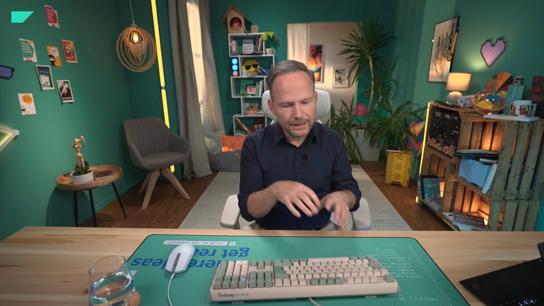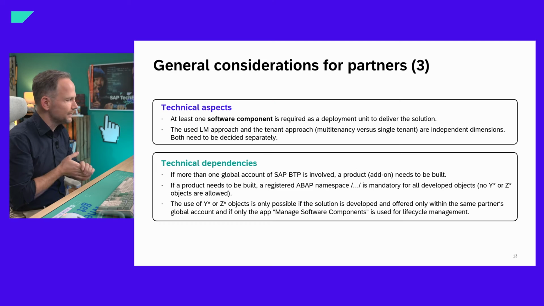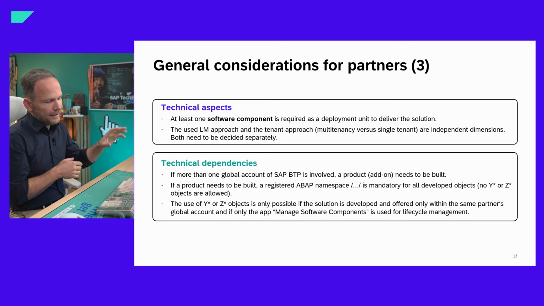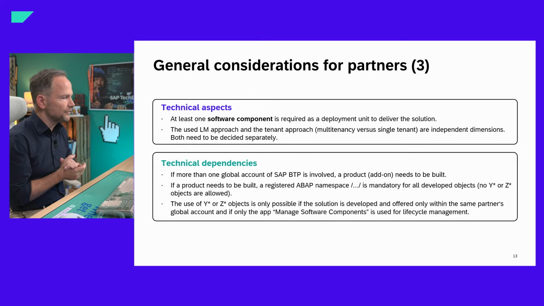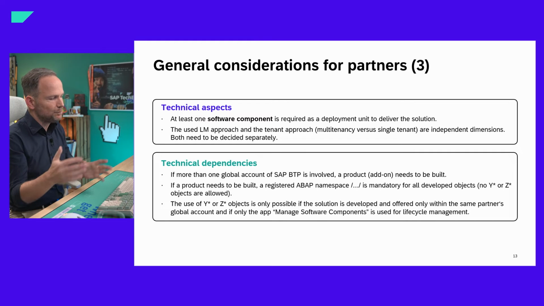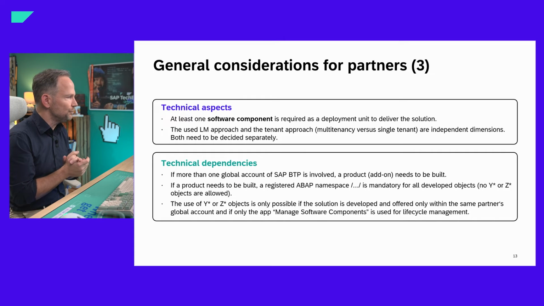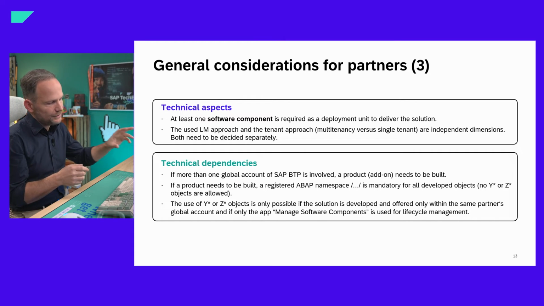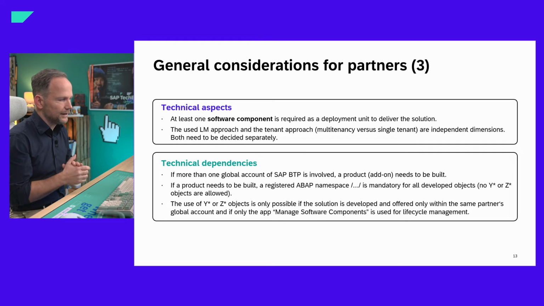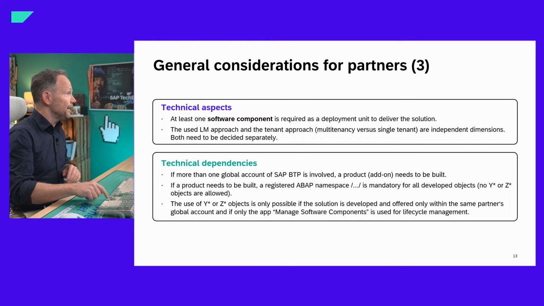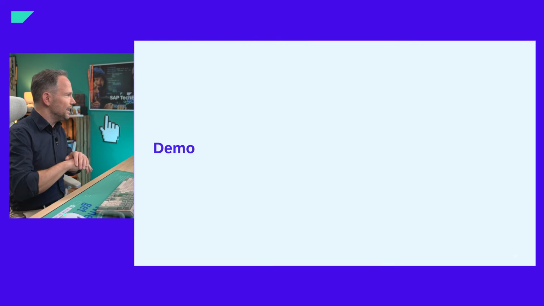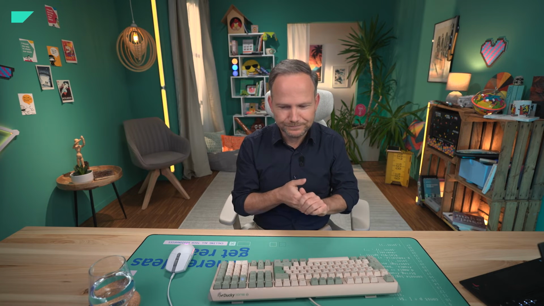Another thing, and I would like to make it short, it's explained in a bit more detail in this slide. I highly recommend that partners use ABAP namespaces. The usage of ABAP namespaces gives the partner the full flexibility to use all these explained lifecycle management tools. With that, I think we finished the toughest part of this session.